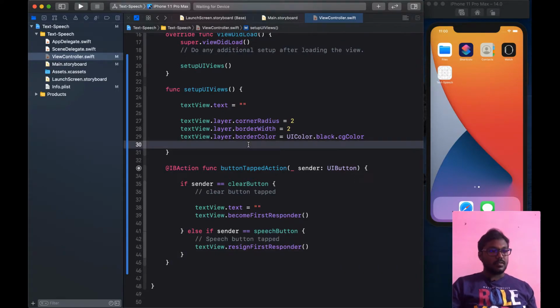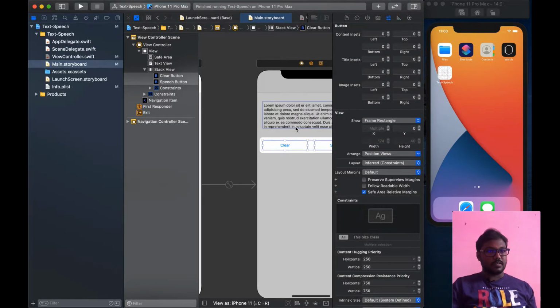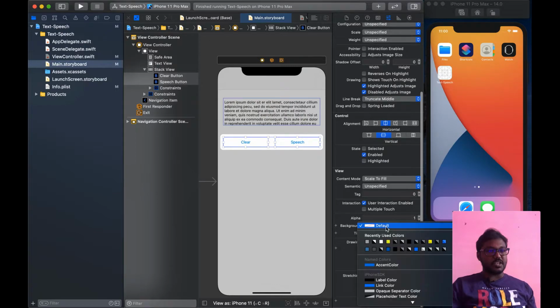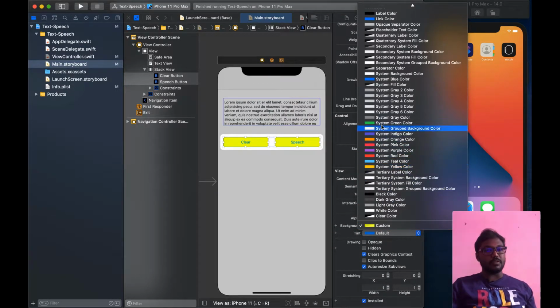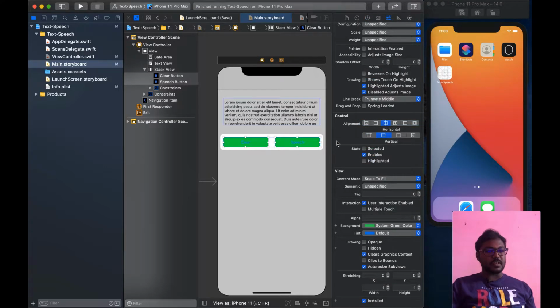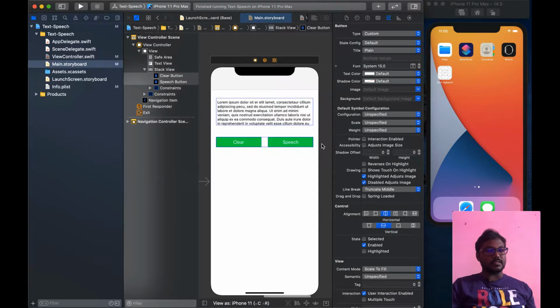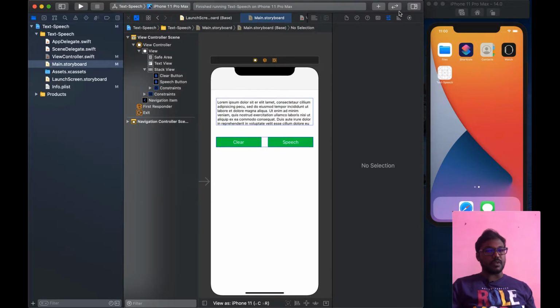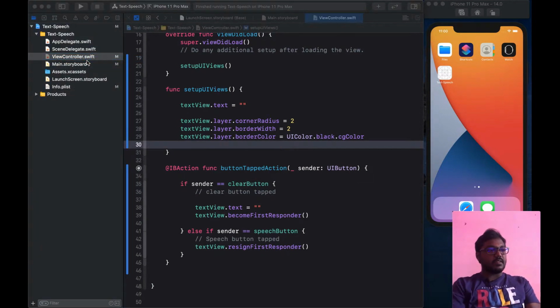Now we can change the color for the buttons, then only the look will be very good. So I am changing the color into green, and as well as the text color has to show in white, so I am changing the button style.